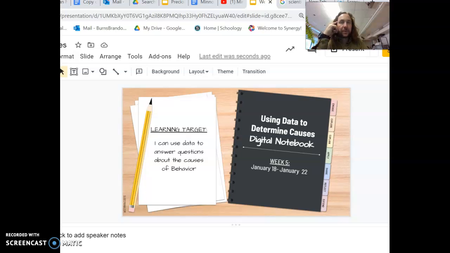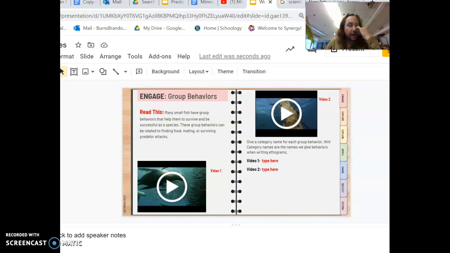All right, so this is an overview of what I did for this week. I decided to make the focus, well, we kind of talked about this, research into animal behavior. So I started off with just a couple of animal behaviors to have them watch, get them thinking about causes for behaviors, that the causes can be different even though there are some similarities in the